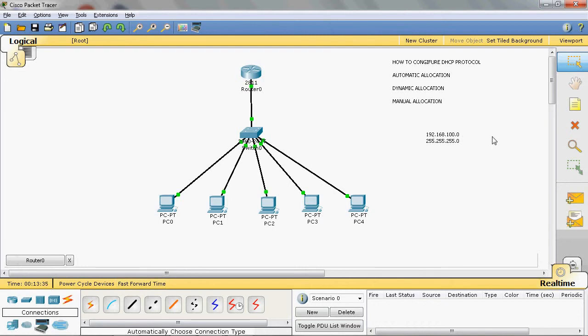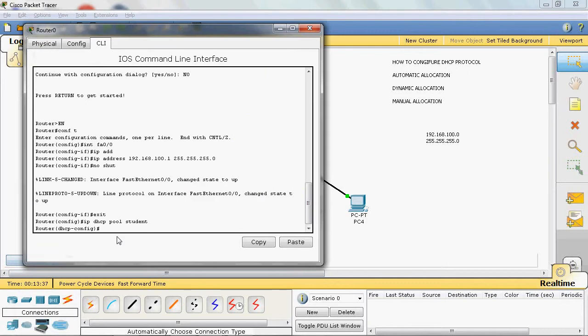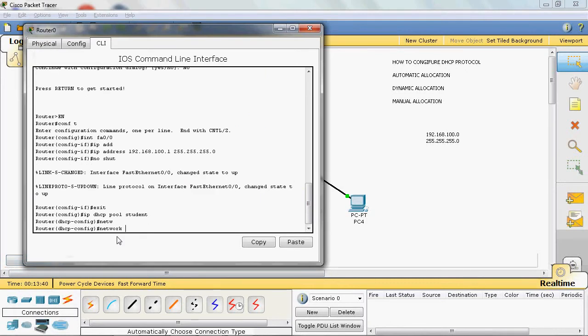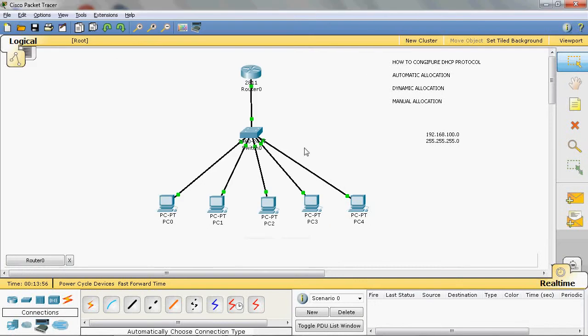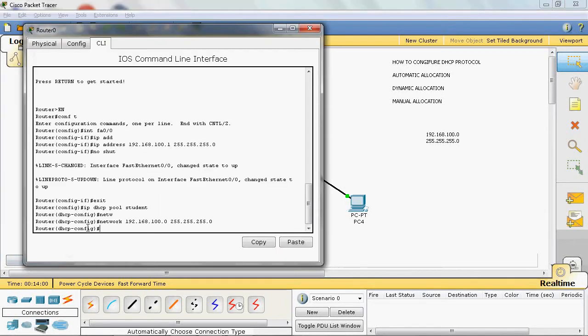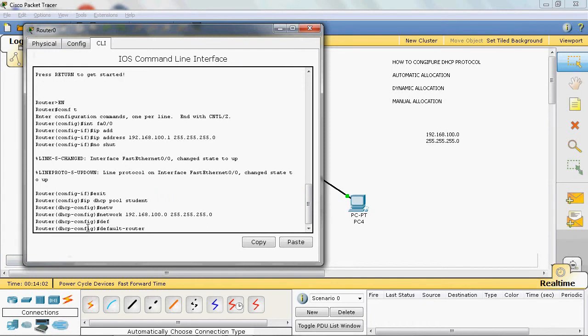I will give 192.168.100.0. It is a net ID. So here I will give network, net ID 192.168.100.0 and subnet mask is 255.255.255.0. Then I will give the default gateway address in this router, so I will give default-router.